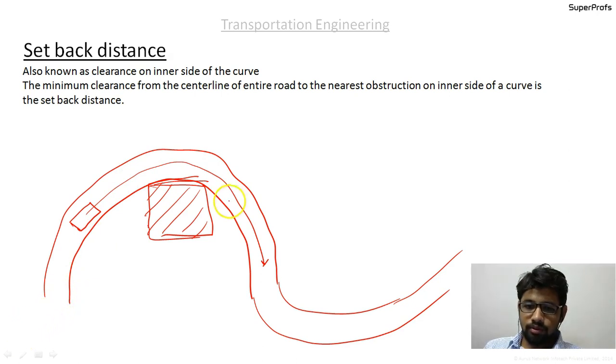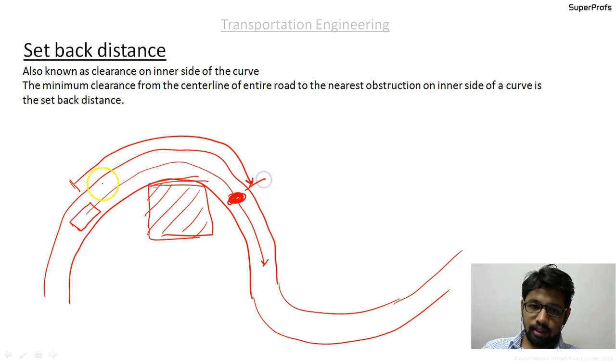And suppose that there is an obstruction over here. Okay, here is the obstruction. And this distance from this position to this obstruction is the SSD. The SSD, that is the stopping sight distance, is the minimum distance required for this vehicle to go and stop over here. If the distance is shorter than SSD, the vehicle cannot stop. But the driver's eyesight cannot traverse this path, right? Light has to travel straight, so the driver's eyesight will be of this kind.